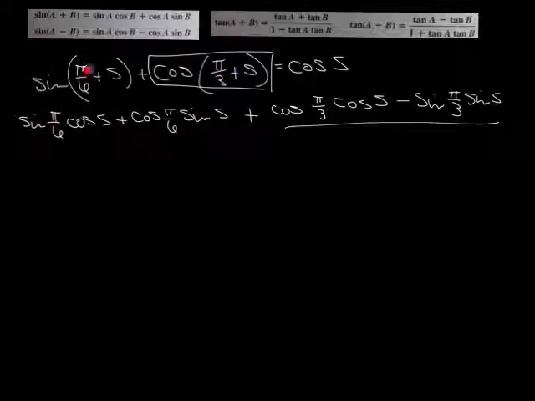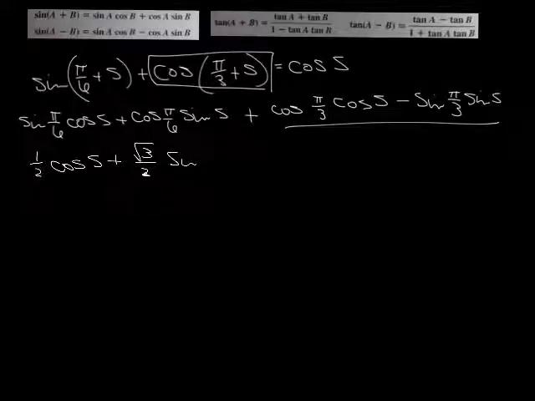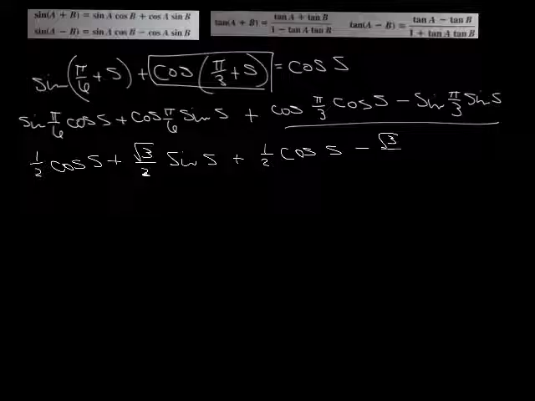This whole thing matches up with the table for that. Alright, so let's go ahead and see what we've got here. Sine of pi over 6, that's a 30-degree angle, so that's 1/2. Cosine of pi over 6, which is again a 30-degree angle, the cosine of that is the square root of 3 over 2. Sine of s plus the cosine of pi over 3 is 1/2. That's cosine of 60. Cosine of s minus the sine of pi over 3, which is going to be square root of 3 over 2